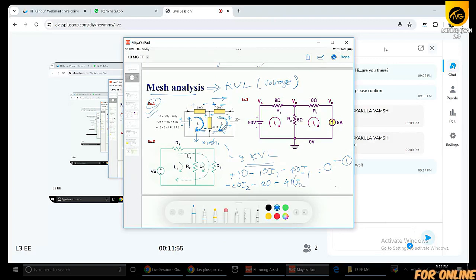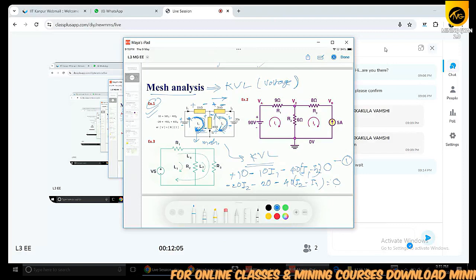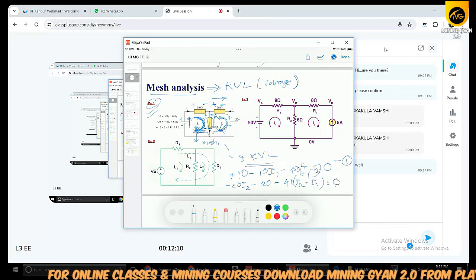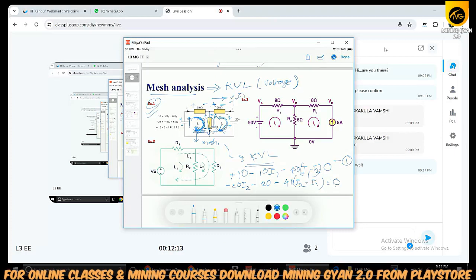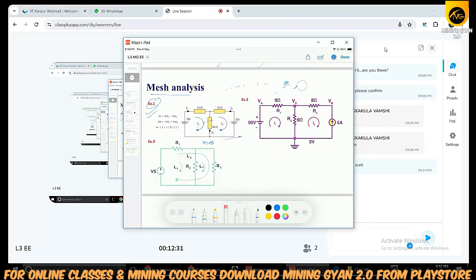Sorry, I2 minus I1, and here this will be I1 minus I2, minus 40 I1 minus I2, because the current is flowing like this. The two currents are there, so the total current flowing through this branch will be I1 minus I2 if we consider mesh number 1, and if we consider mesh number 2, the total current will be I2 minus I1. This is how we write the KVL equation if we want to apply mesh analysis in a given circuit.